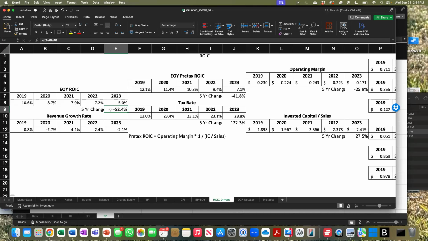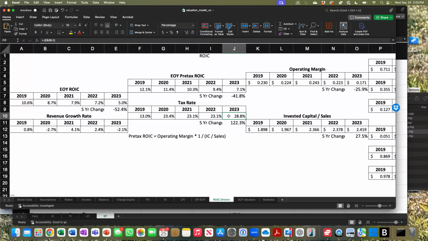Why? Reason number one, tax rate. In 2019, Verizon paid 13% effective tax rate. In 2023, they paid 28.8% effective tax rate. Is that favorable or unfavorable to your ROIC? Pay a lot more in taxes. Your ROIC go up or down? Goes down. So one of the reasons why Verizon's ROIC went down is because they're paying a lot more in